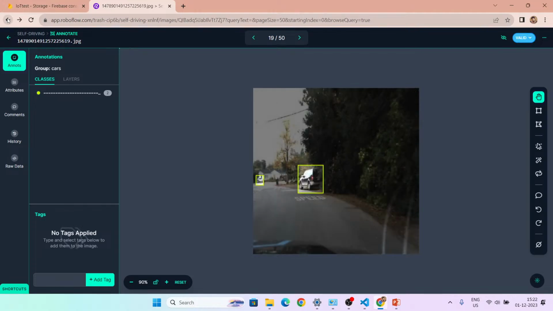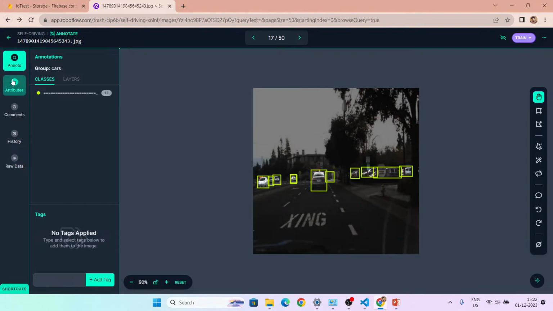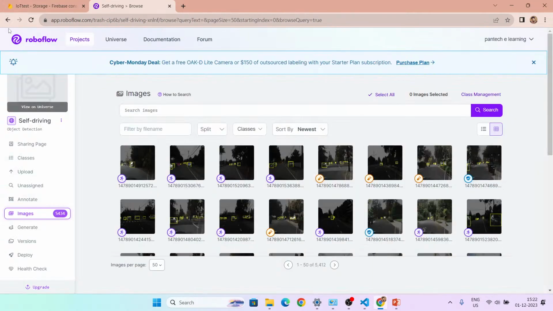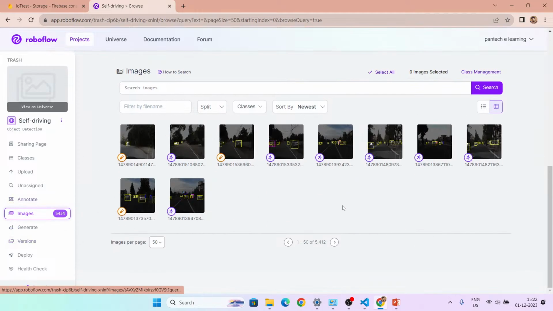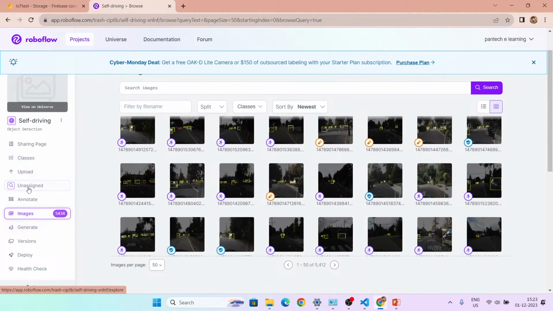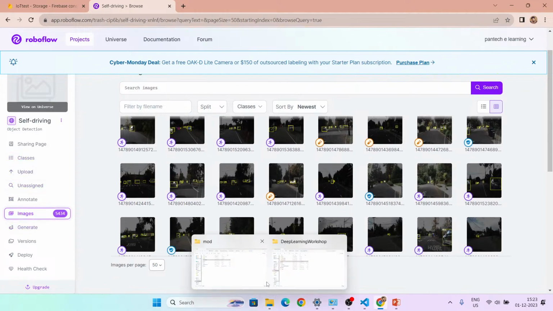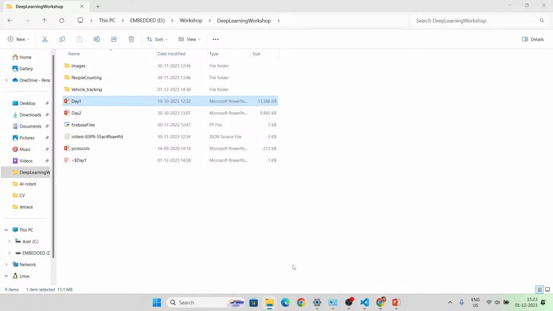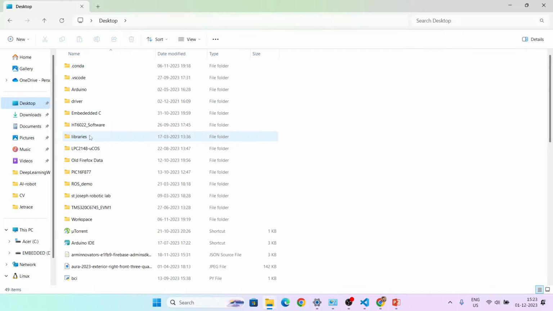If you want to create a new project, you can't do that in this case because in this account you can't create a new project, so we'll just use another account. I was just showing the example of a real data set. It contains 5,000 images, and when you download this data set from Roboflow,